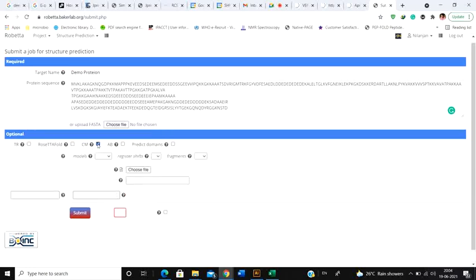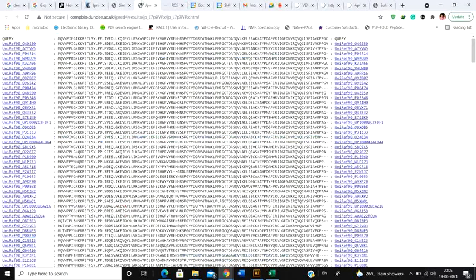If you select this method, it's going to look at all the other solved structures of proteins. There are several proteins whose structures are solved, right? It's going to look at all of those and then model your protein to find out the homology. Remember how the homology works: suppose I have uploaded this protein, and now it's going to find out if your protein has any homology to these proteins or not.